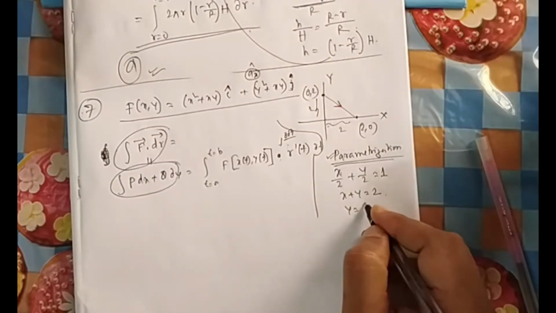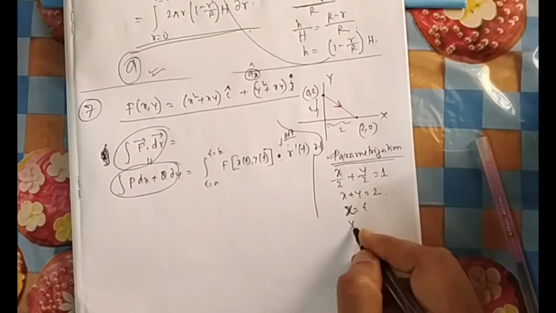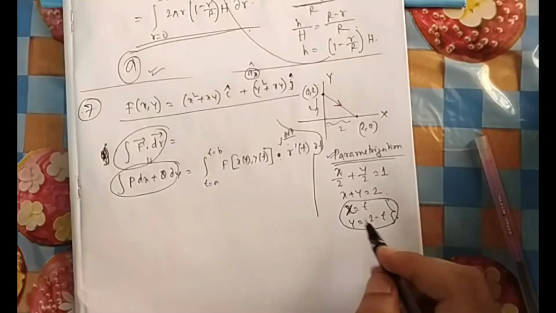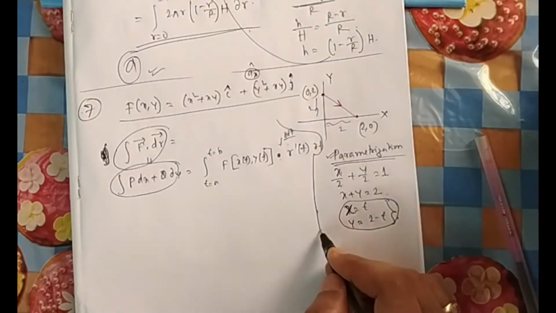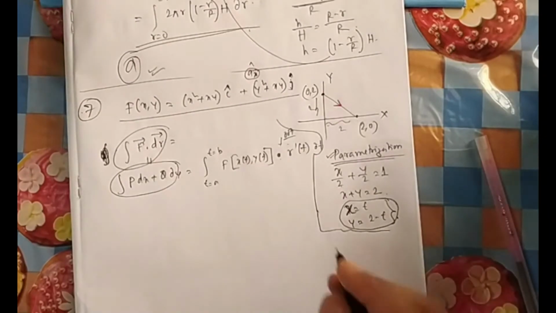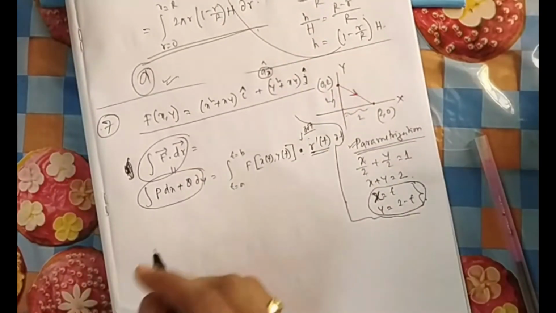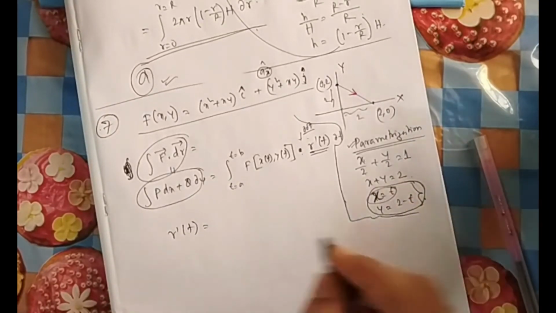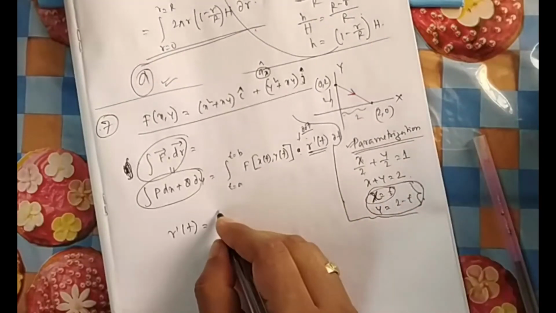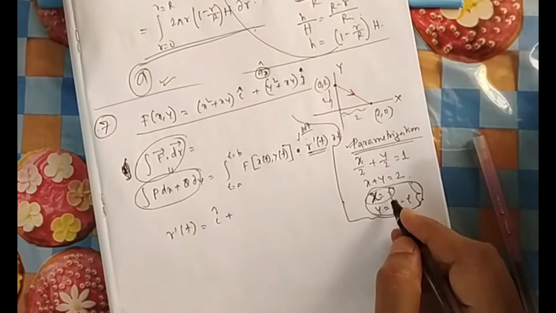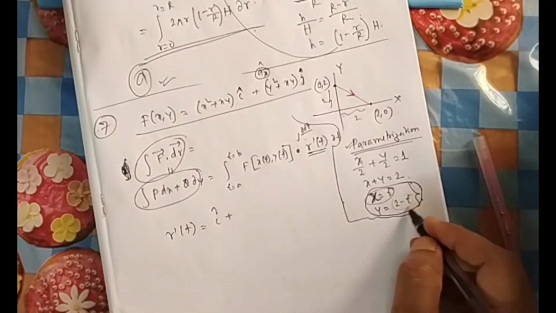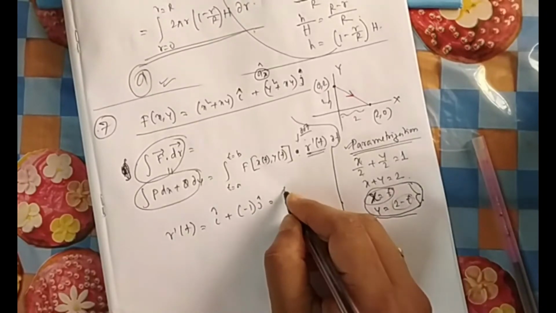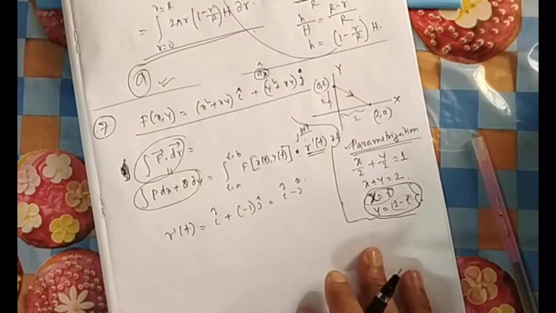If I take x equal to t, then y is equal to 2 minus t. You can take anything here, because for a straight line, the assumption for t is free; yesterday also I told you in the last class. Okay, so this is done. So what do I need next? r'(t). What will be r'(t)? It is x'(t), so you differentiate x with respect to t: that is 1, so i cap. Then y'(t): differentiation of y with respect to t is minus 1, so minus j cap. So this is your r', i cap minus j cap. Okay, this is also done.